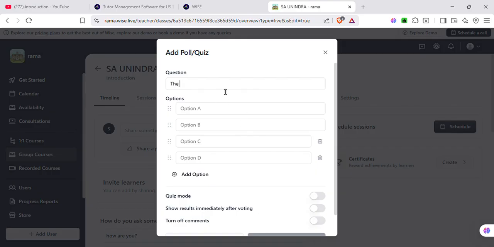Second is the response to what is your name? Option A, I'm 12 years old.